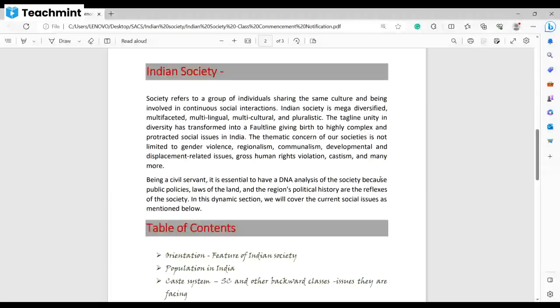So, this is a new course on social justice as well as social issues. Both are very important with respect to your new GS syllabus, and I combined these two subjects into a single course because both of them are connected and they have certain relevance with each other. This is the reason for which I will teach social justice as well as social issues,